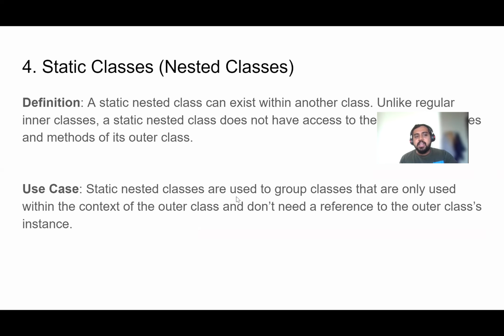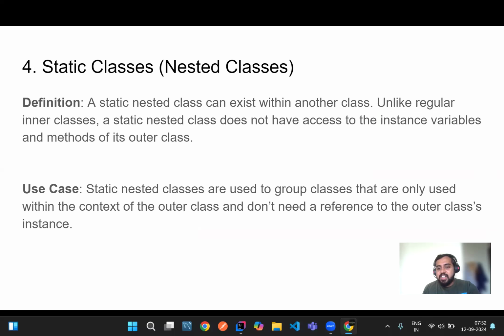So let's see the last type of use case for the static keyword, which is static classes, that is, nested classes. In our previous video, we talked more about anonymous and nested classes. You can also go and watch it, but here I'll briefly explain what I mean by a nested class. A nested class means a class defined inside another class, where the class is set as static. So a static nested class can exist within another class. Unlike regular inner classes, a static nested class does not have any access to